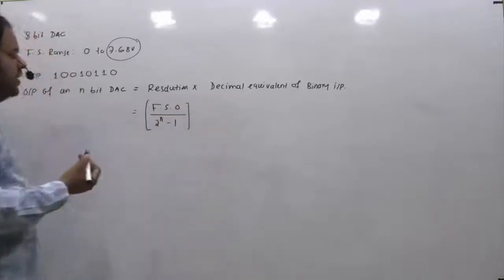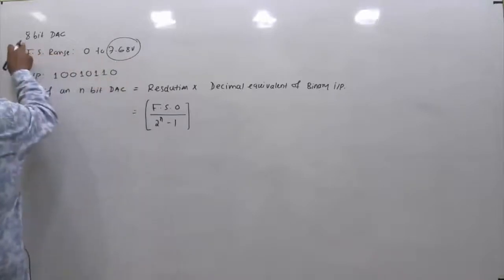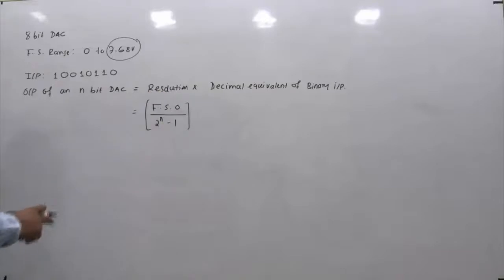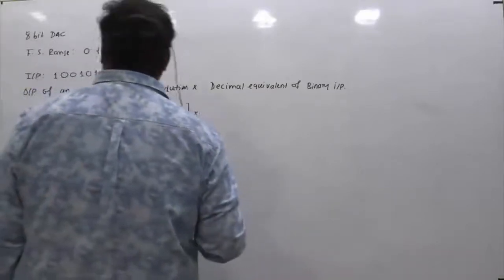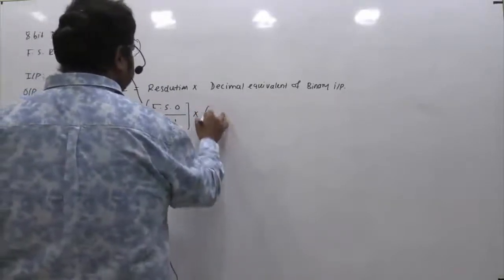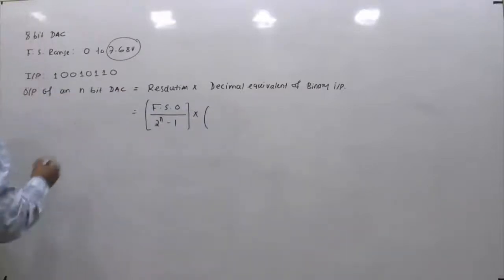There are multiple ways, but in this problem the full scale output voltage is known and it's an 8-bit DAC. So this formula will suit better compared to other ones. So the output is resolution, full scale output over 2 raised to power n minus 1, into the decimal equivalent of binary input. So the binary input is 100101110. So if you are converting this into its corresponding decimal form, 2 power 0,